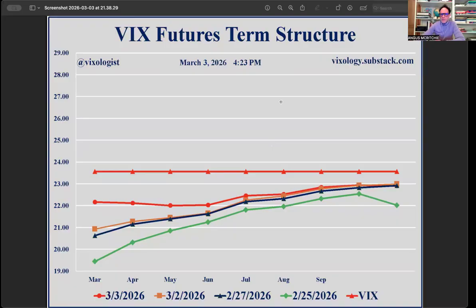Obviously, what's dominating the headlines is the Iranian-Israeli-US war. What we saw yesterday, I just want to focus on the volatility space for a moment, because what we saw yesterday was a pretty substantial increase in cross-asset volatility. So not only the volatility for, let's say, gold or obviously oil and energy, nat gas, things like that, but across the space, we saw quite a lot of volatility in FX. We saw it in emerging market FX. We also saw it in non-US stock markets. And obviously, last night we saw a huge sell-off in the Kospi and in Asia in general. But let's just have a quick look at all this and see what's going on.